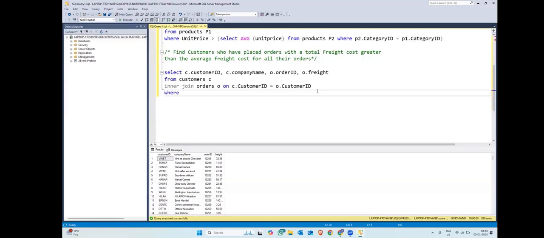So where o dot price is greater than, and यहाँ पर we will open the subquery bracket. Here we will write a correlated subquery that will select the average of o2 dot price, right? I've created a copy of the orders table and I've